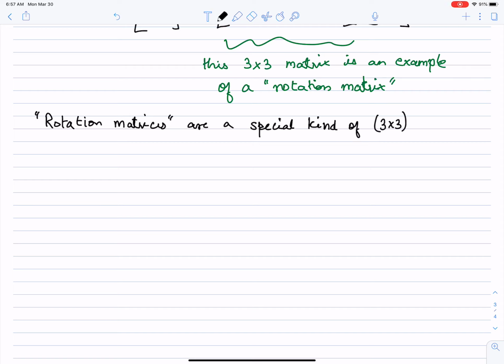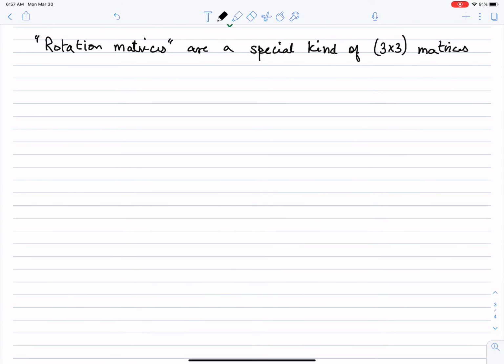Because we're primarily looking at 3D, the concept can potentially be generalized to many dimensions. A special kind of 3 by 3 matrices that